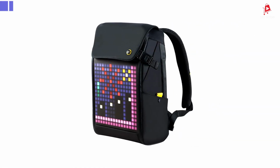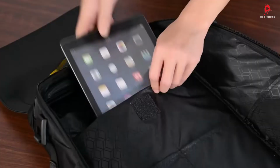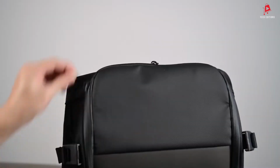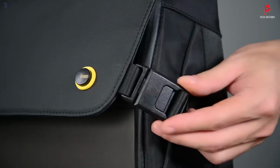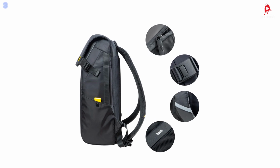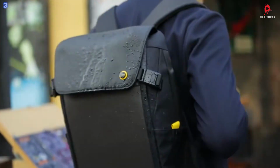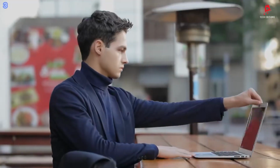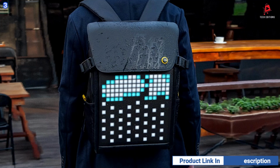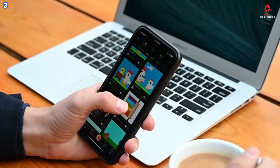Number 3. DIVOOM Pixoo M Backpack. The DIVOOM Pixoo M Backpack is a one-of-a-kind bag that combines style, creativity, and practicality. Equipped with a built-in 16 by 16 RGB LED panel, this backpack lets you display your pixel art creations in real time. Through the DIVOOM mobile application, you can draw custom designs, upload artwork, or choose from thousands of pre-made